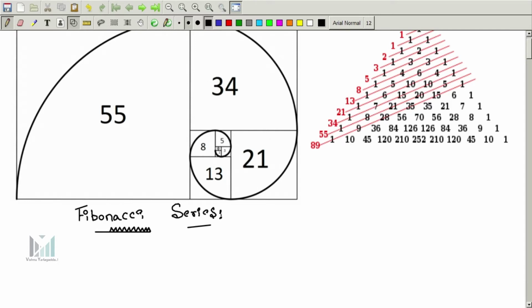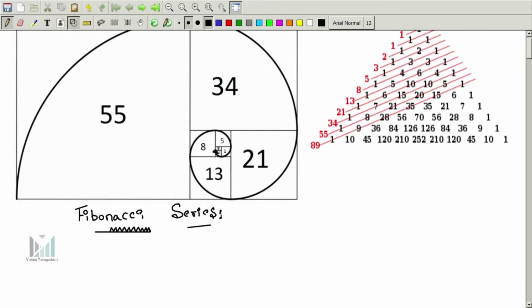Whenever I talk about the Fibonacci series, you could remember the series 1, 1, 2, 3, 5. That means the sum of two previous numbers will be the current number, starting with 1, 1. The initial value is 1 and the second value is 1. So consider 1, 1, then 1 plus 1 is 2, then 1 plus 2 is 3, then 2